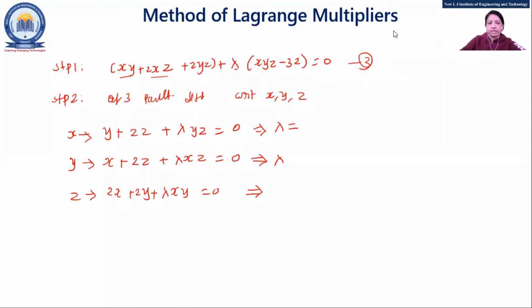Now you can write it in the chat box. When you write the answer, write with respect to x and with respect to y, because I have blanked out all three of them. I have left this. Now with respect to x, I'll check in the chat box.